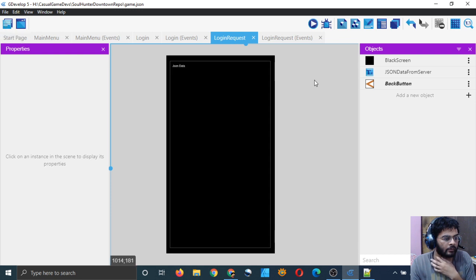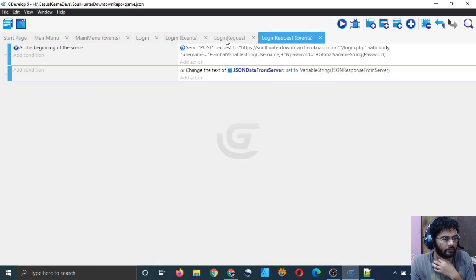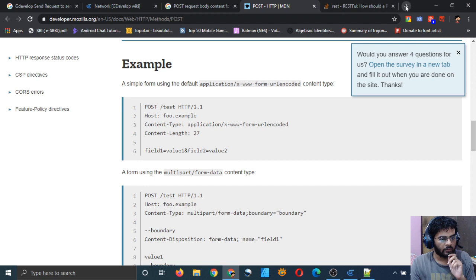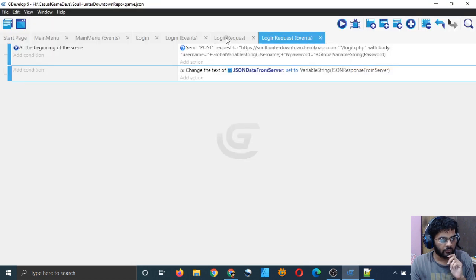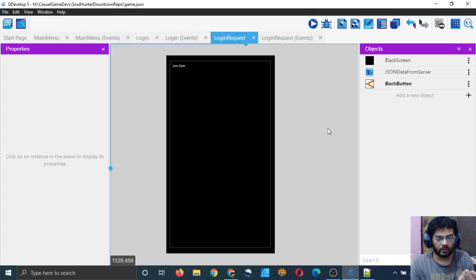Let's run this and see if we get some response from our server. Maybe we won't get it the first time because Heroku is kind of slow, especially the free versions, but we will definitely get it the second time, hopefully.